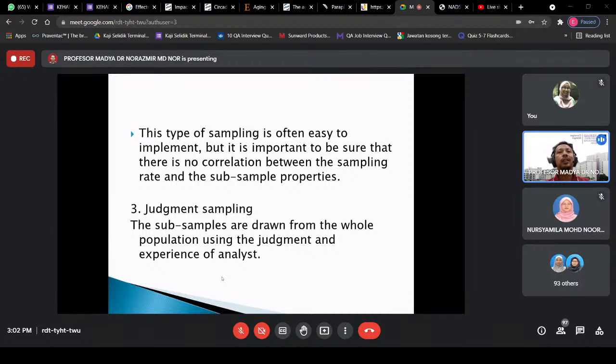From one container, do you want to do food analysis for each of the box in the container? For sure, it will take more than a week to complete the analysis. So the easiest way for the expert to conduct the judgment sampling, he or she will take the sample